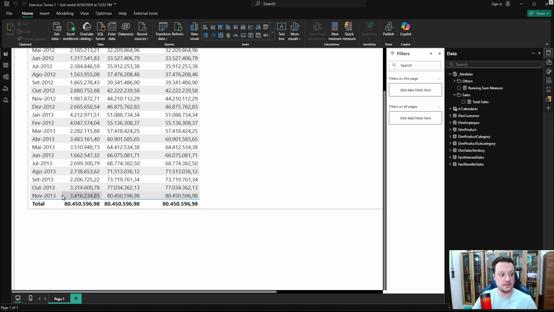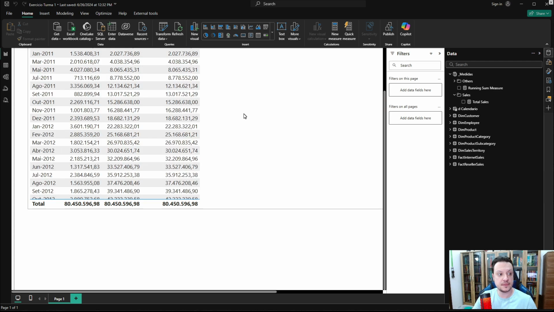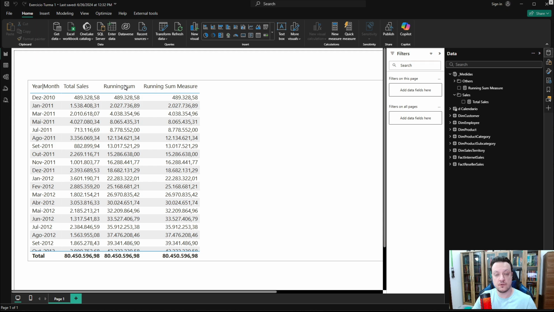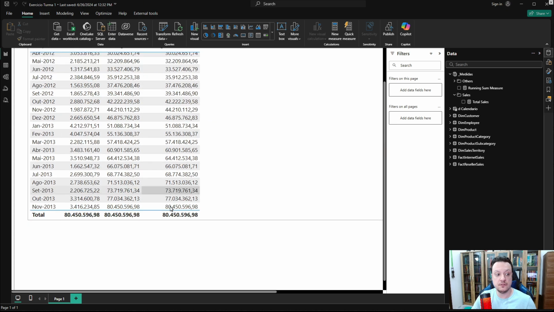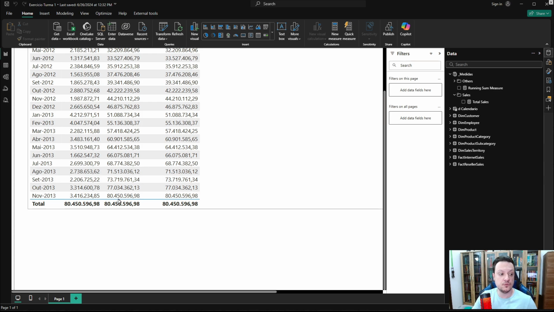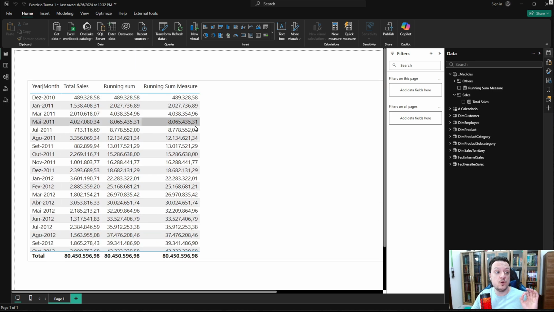And there it is. It only goes until November 2013. Okay? The running sum created automatically with that first example will respect the last row of the original measure. Okay? Our running sum measure, we need to add that other step to respect the values that we have here. And an extra option is that we only want to sum the running sum